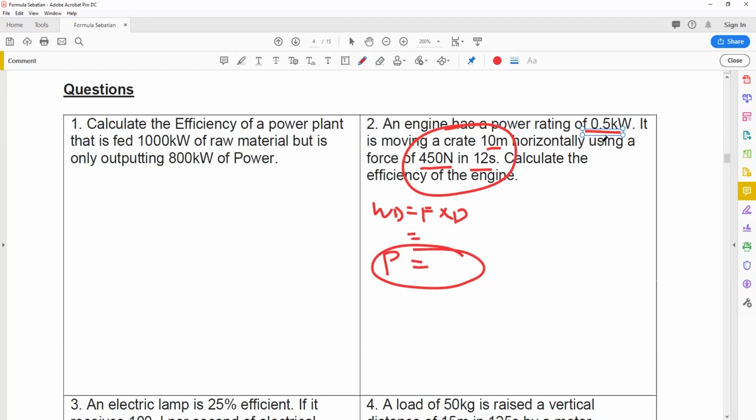Either divide or be divided by 500. 375万。 所以是375 over 500乘100%。